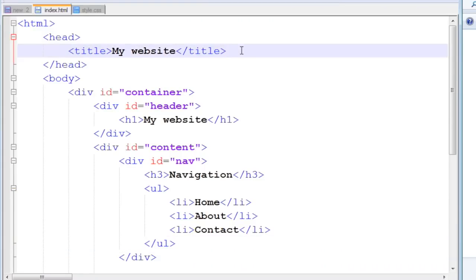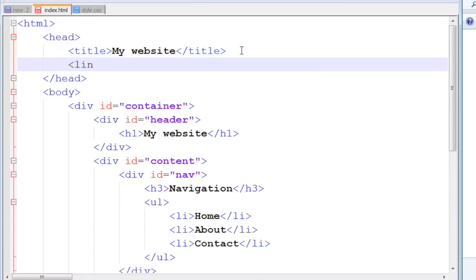First we have to define a relationship between the HTML file and the CSS file. We do this with the link tag in the head section of the HTML. The first attribute is the relationship rel, and we tell it that it's a style sheet. The type of the file is text/CSS, and then the link or the path to the file, and since it's in the same folder we can use a very simple relative path of style.css, and then it's a self-closing tag